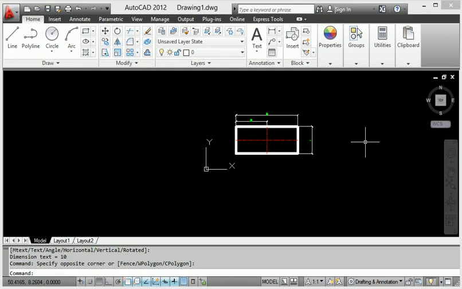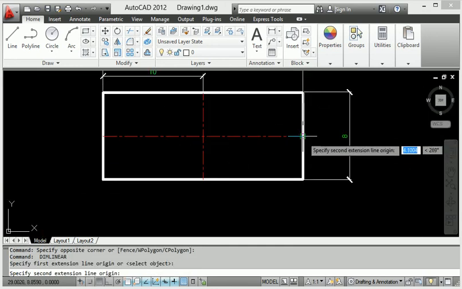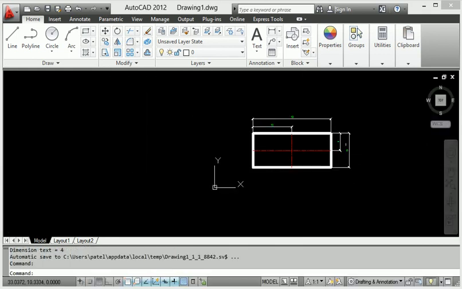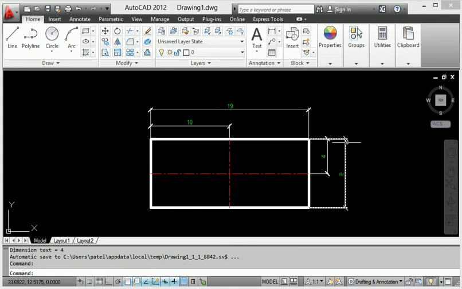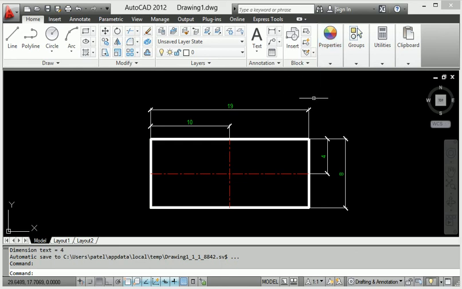Same thing again, I will select this point here and also select this point here, and look at this. So it is very useful, and layer thickness, everything is easily set for AutoCAD.